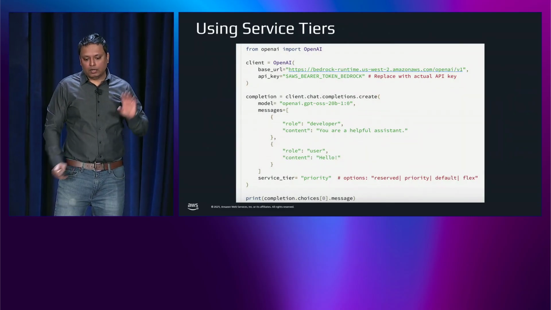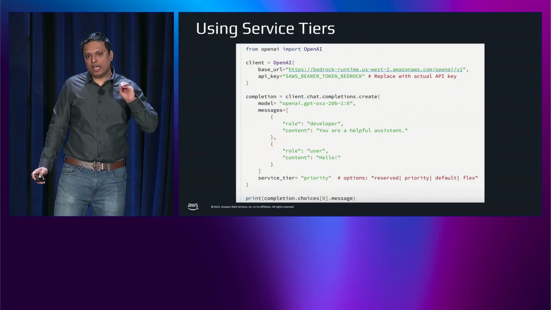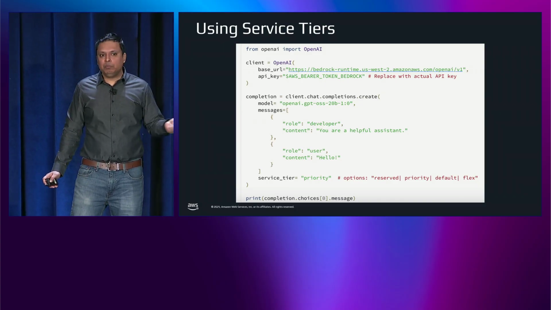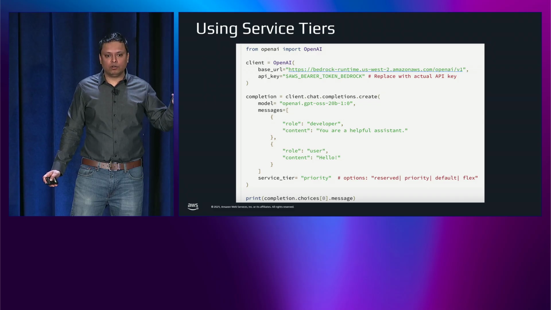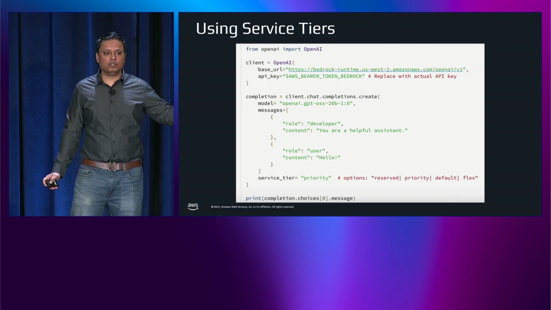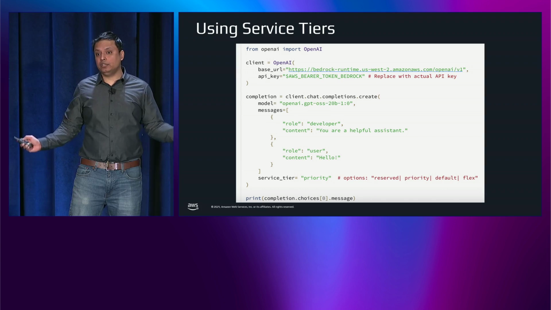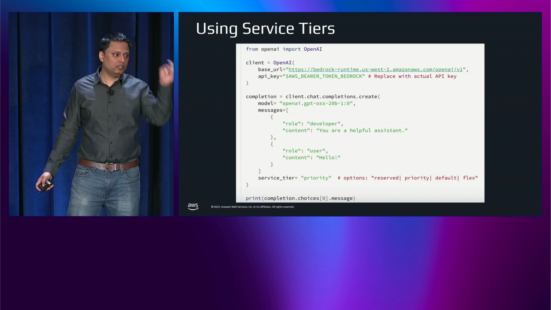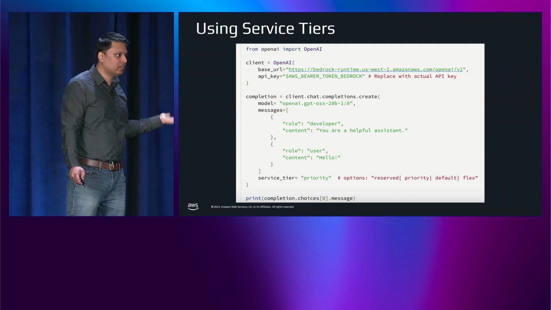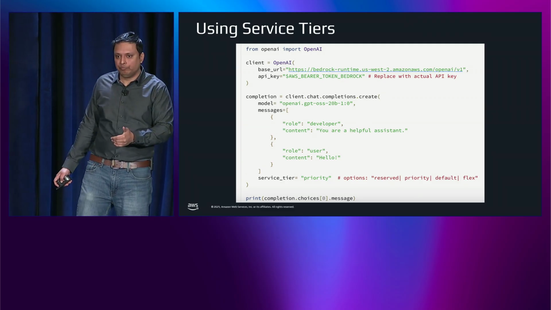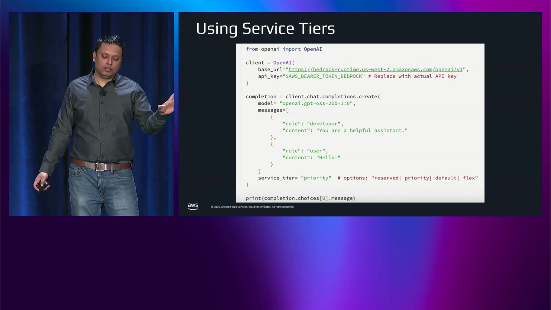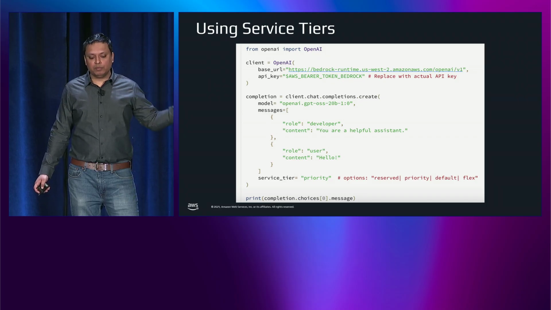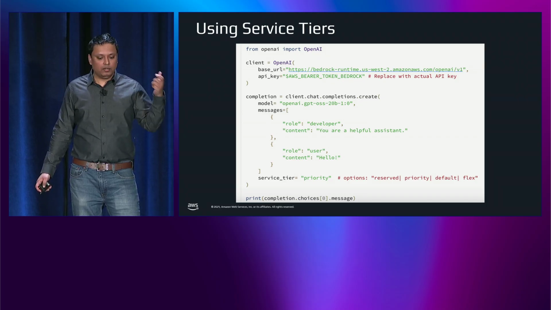And then one thing we wanted to make sure as we add these service tiers is that they're easy to use, they're easy to swap. Maybe you want to use priority tier if your request gets throttled once or twice, the third time you want to send it with priority. So that should be easy enough to do, right? If you're having these heuristics where if my latency goes above 5 seconds, send the next request with priority. If my request gets throttled twice in a row, send it with priority, right? So here you can see it's an example of the chat completion API, but it's a simple service tier parameter, and you can easily switch, right?